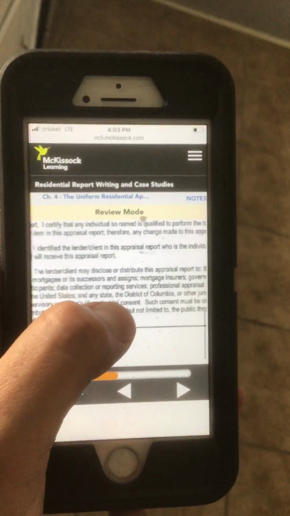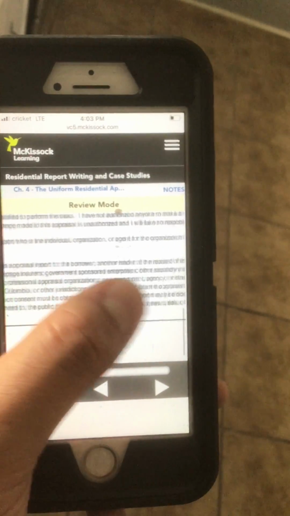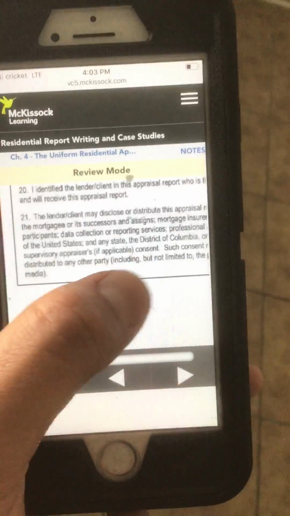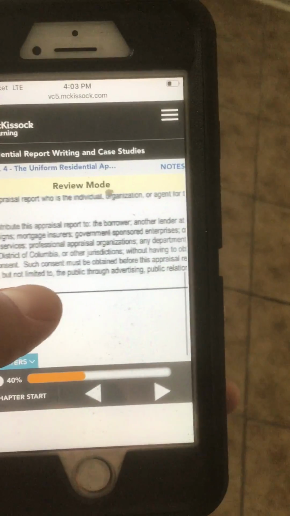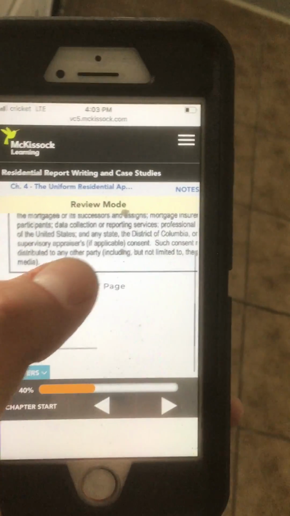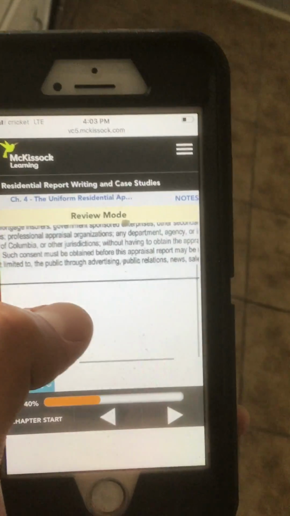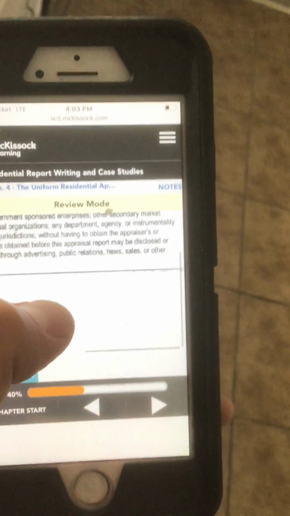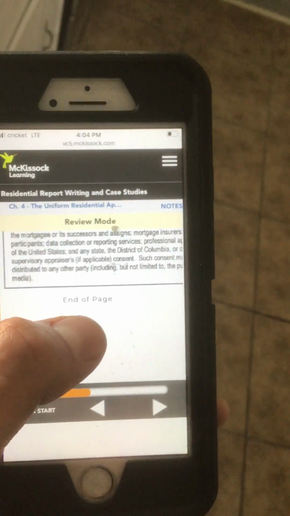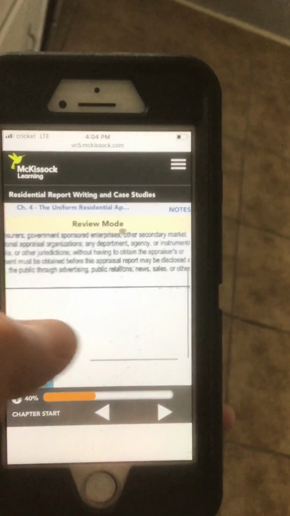The lender/client may disclose or distribute this appraisal report to the borrower, another lender, at the request of the borrower, the mortgagee, or its successors and assigns, mortgage insurers, government-sponsored enterprises, other secondary market participants, data collection or reporting services, professional appraisal organizations, any department, agency, or instrumentality of the United States and any state, the District of Columbia, or other jurisdictions without having to obtain the appraiser's